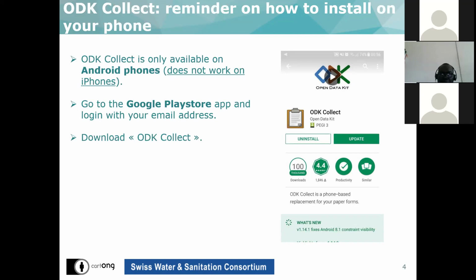No worries. Now, just remember that ODK Collect is only available on Android phones. So if you are attempting to download it on iPhones or iPads, it will simply not work. You will not find the application on iPhones and iPads when going on iTunes, for instance, or at the Apple Store. It is an application that can work with Android phones only, and you can access it through the Google Play Store app,